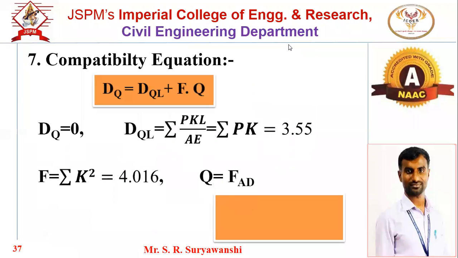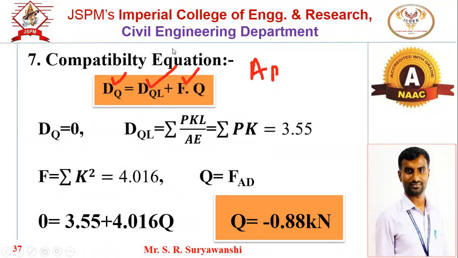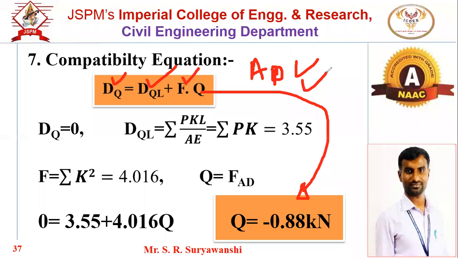So in a competitive examination or MCQ examination, they will give the value of dq, dql, and also the value of f. They will mention that for a pin jointed plane truss, the truss is internally redundant and the redundant member is AD, and these values are given. Then the final member force in AD member is asked. If you know dql, f, and q, just find out the q, and that q represents the final member force of the redundant member.